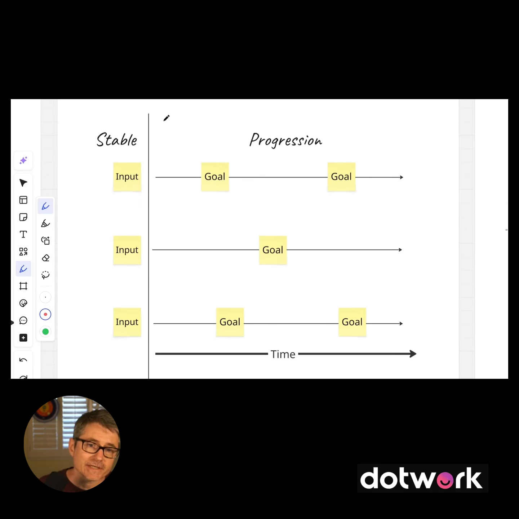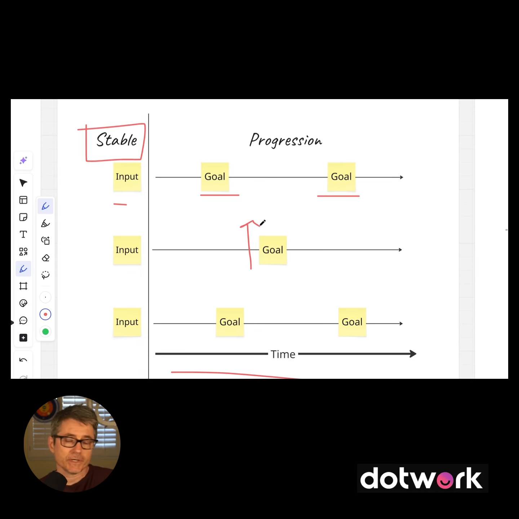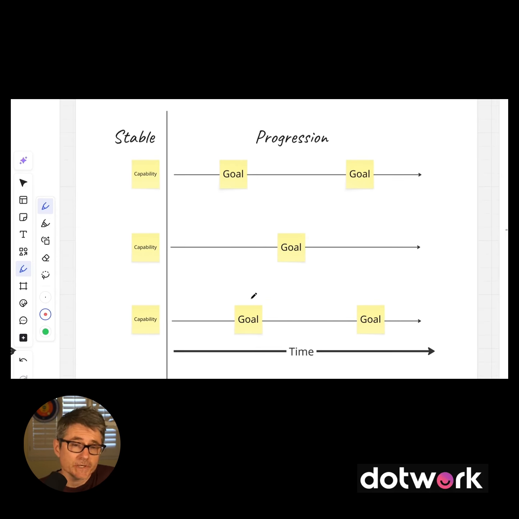So here's another way to think about it. We take something that's kind of stable. It could be a stable work stream or a stable input. And we think about how over time we might try to achieve things to improve that. Maybe our goal is to move a metric from something to something by a certain date. Certainly those things could be other stable things too.